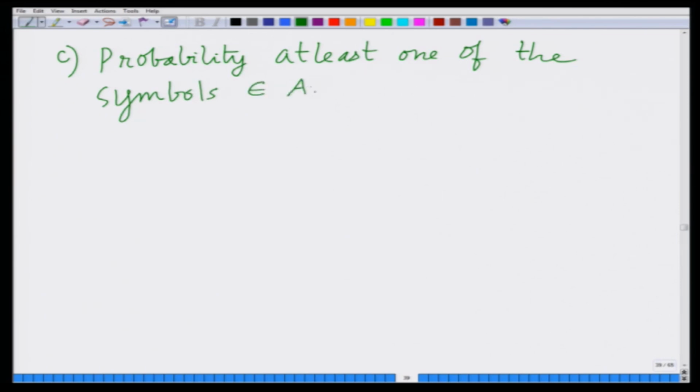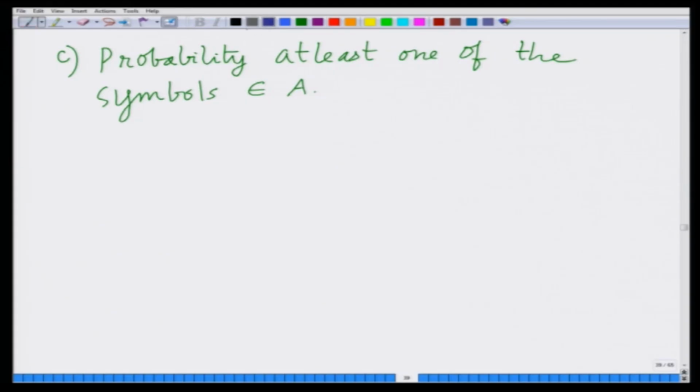So, we are asking, we have this block of symbols x1, x2 up to x10. What is the probability that at least one of these belongs to the set A, that is at least one of these is either minus 3 alpha or alpha,